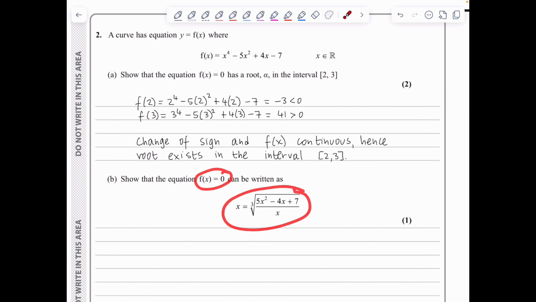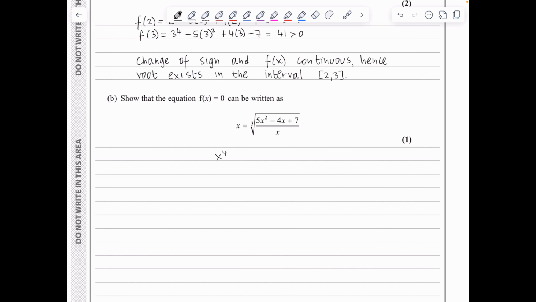So starting with f of x here, I will start by writing x to the power of 4 minus 5x squared plus 4x minus 7 is equal to 0. The first thing to do is isolate the x to the power of 4. So we've got x to the power of 4 is 5x squared minus 4x plus 7. And I will divide throughout by x to get x cubed is 5x squared minus 4x plus 7, and all divided by x, which means that x should be the third root of 5x squared minus 4x plus 7 over